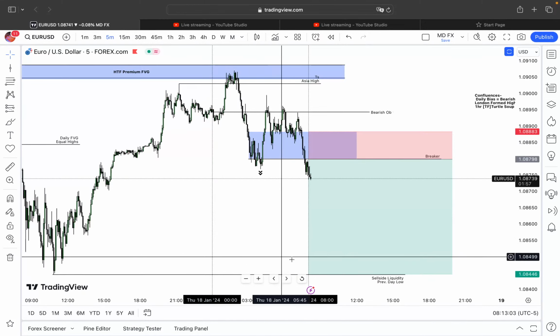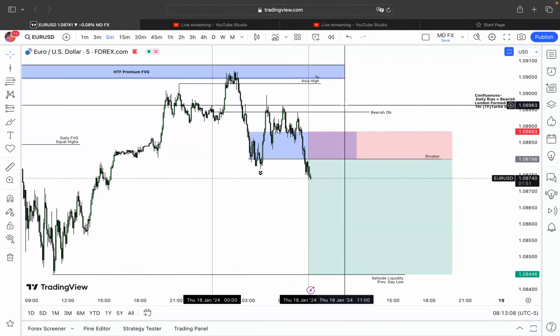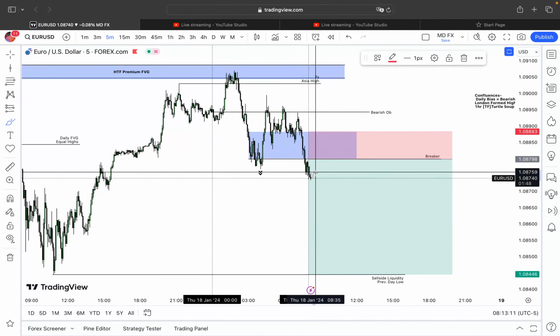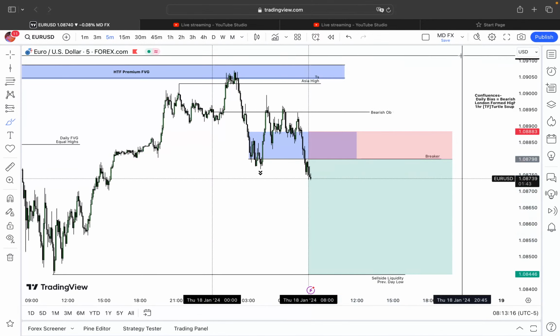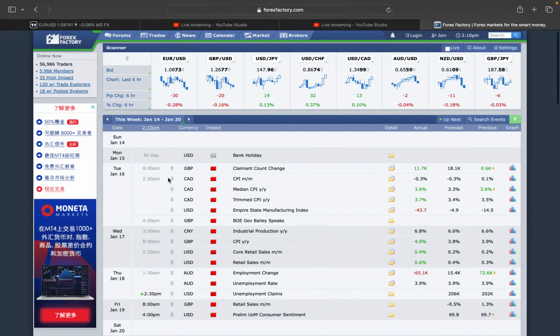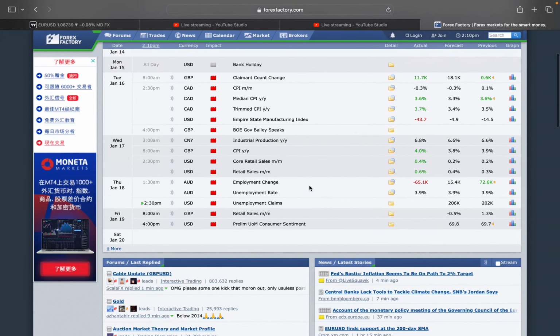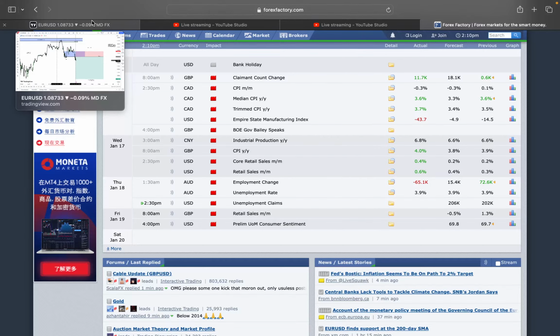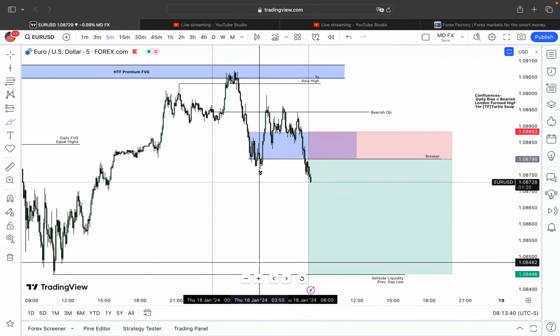It might be looking like this trade is going to leave us behind, but if it does, then it is what it is. But I still think it will give us the retracement we want, like this, then sell. So let's check Forex Factory and see what it says. Okay, today on Forex Factory we have unemployment claims by 2:30 p.m. That's still in 17 minutes, so we have to wait for that. That will probably give gas to this trade.